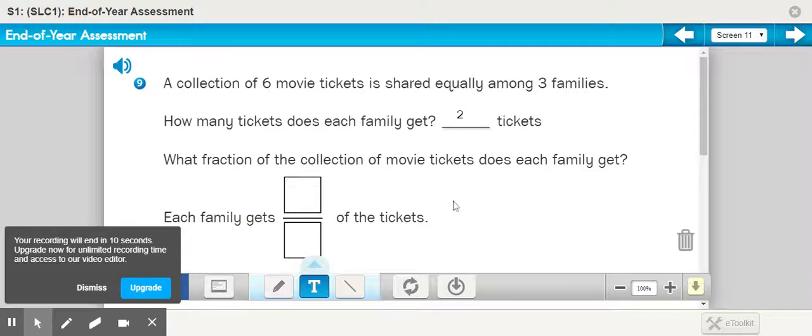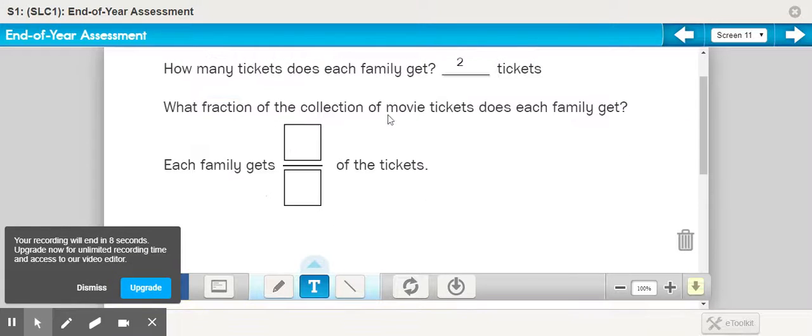So each family would get 2 tickets, and then write the fraction of the collection of movie tickets each family gets. Each family would get 2 out of the 6. So it would be